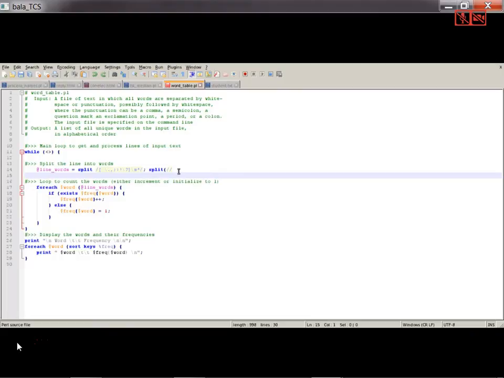Then I have to write a regular expression. That's where pattern matching comes into the picture. So what he does here is, within this particular square braces, which is called a set with respect to pattern matching, he is trying to write here. Backslash is called an escape sequence. Where dot means a full stop, or a comma, or a white space, or a semicolon, or a colon, or an exclamation, any of such characters,